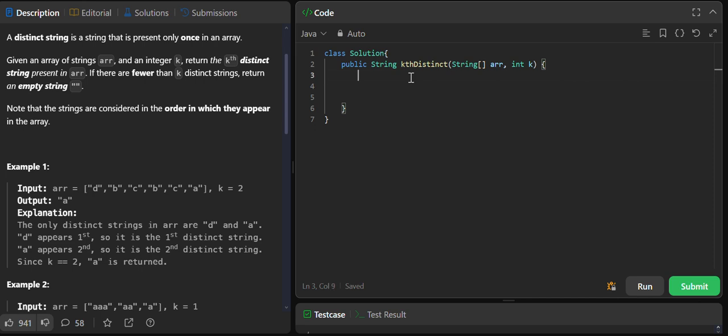So let's start coding. The first thing we'll do is take an ArrayList to store our answer. So this is going to be of type string. Let's just name it answer itself, and let this be equal to